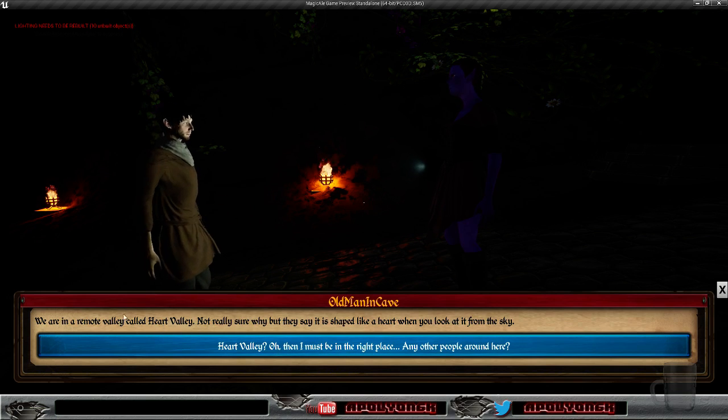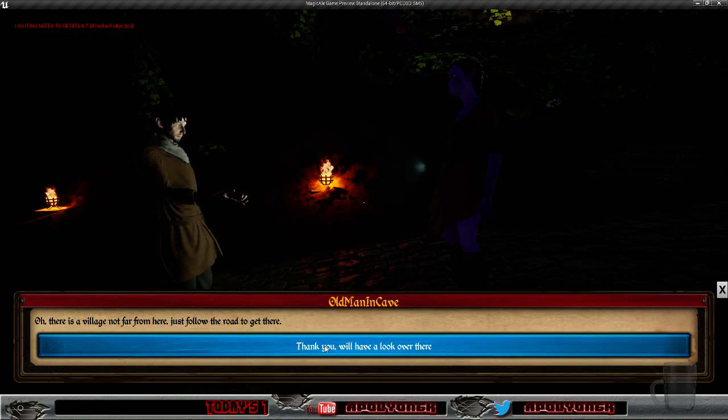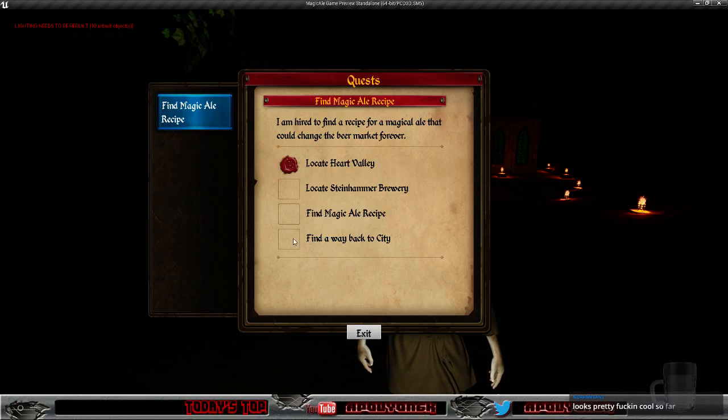And he told us that we are in a remote valley called the Heart Valley, and with that information our quest changed. So we're in the right area at least,